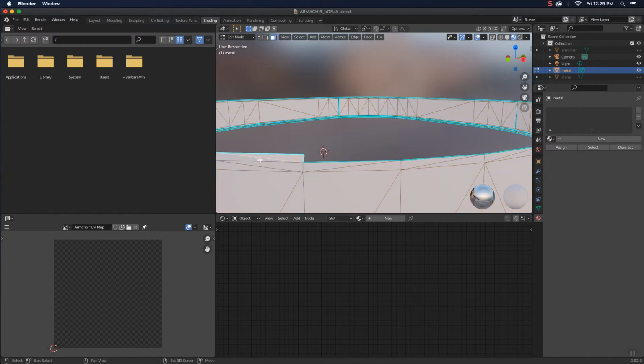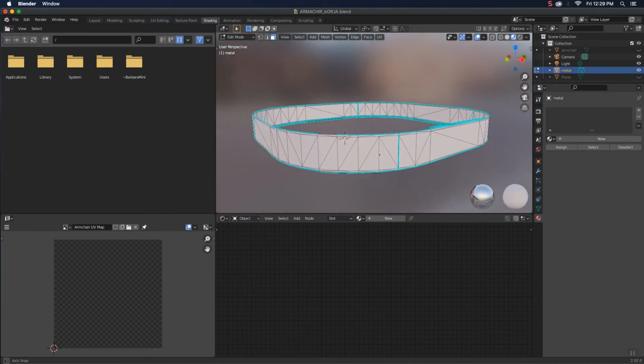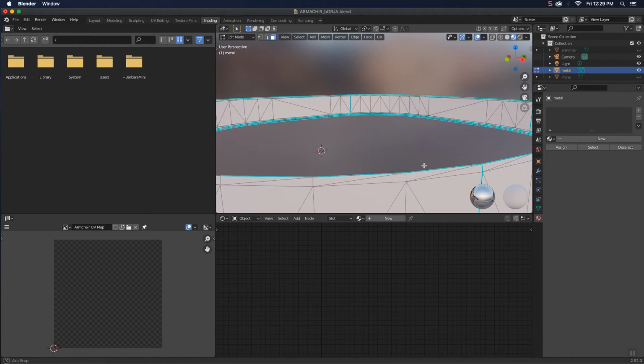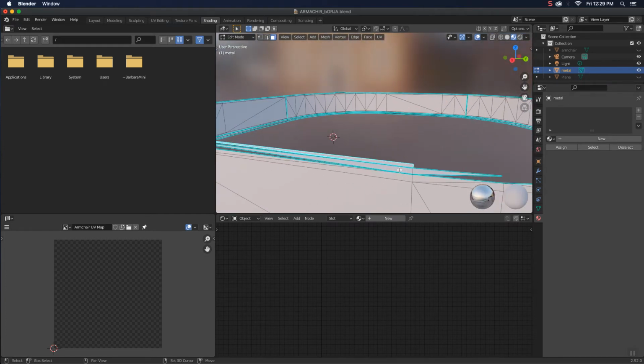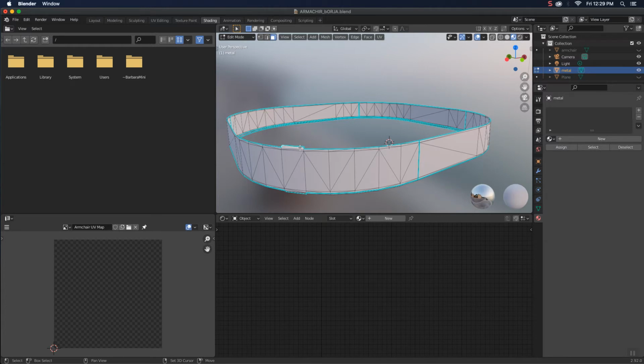We're going to delete these two faces, and then we're going to delete these 3 faces, and then there's one more. We're going to delete these 2 faces,